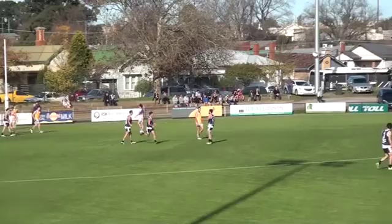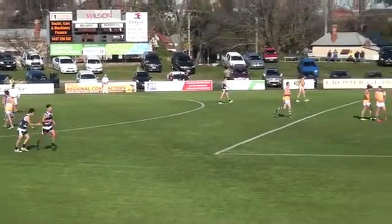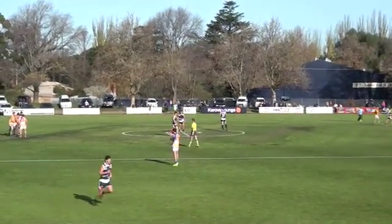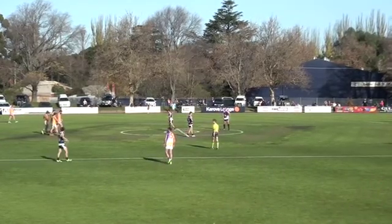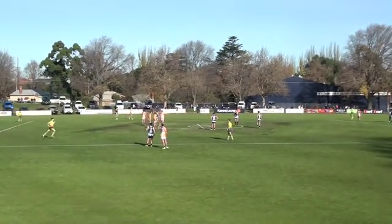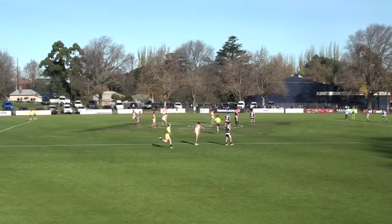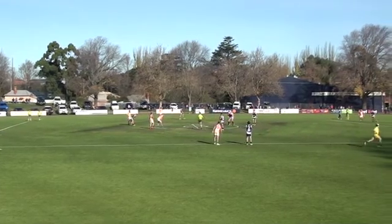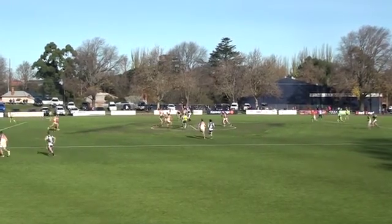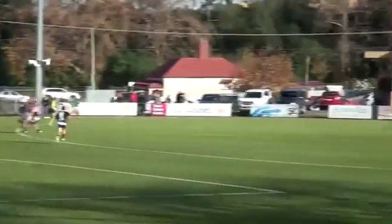So Ballarat with a quick reply. Continued on from where he left off last week. Absolutely. And how's that for just reward? Kick a goal, go in for a rest. That seems to be the common theme in footy these days. But the sad part about it is he's had to run the full length of the field. Had to run from the Peel Street end of course all the way to this close centre wing. Or for people that don't know which the Peel Street end is, that's the eastern end of the ground. Absolutely. Or the left of our broadcast position. Boom, boom. I was hoping you said which end it was because everyone asked Bill and that could have been disastrous. As the clearance has gone the way of Bendigo, they're going to send it up forward, looking for Thornton